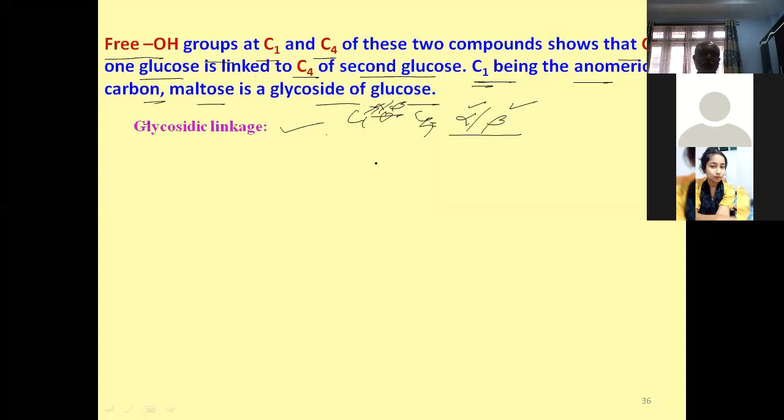Let me come to the actual point. Here we have to depend on the fact that if we hydrolyze a glycoside, we get back our two monosaccharides, right? Now, we can do hydrolysis with acid. Any other method by which we can do hydrolysis? The second is an enzyme. We can do hydrolysis by using an enzyme, or by using water and acid.